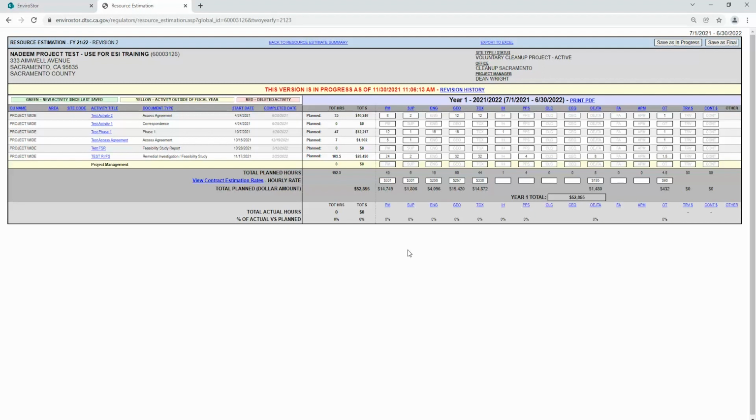hours compare. Since this is a test project, actual hours are not visible, but a real project will have them shown in blue font. This will help you see if tasks and classifications are going over the estimated hours and by how much. If discrepancies between estimated versus actual hours becomes too large, you may need to work with support staff to find out the reason for the overrun and/or provide the responsible party or proponent with an updated cost